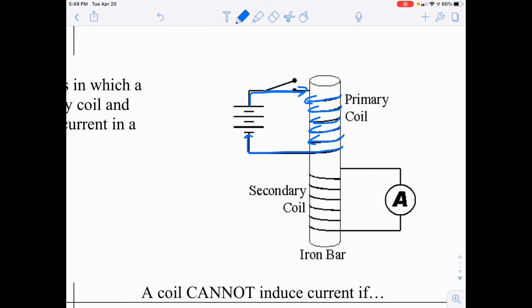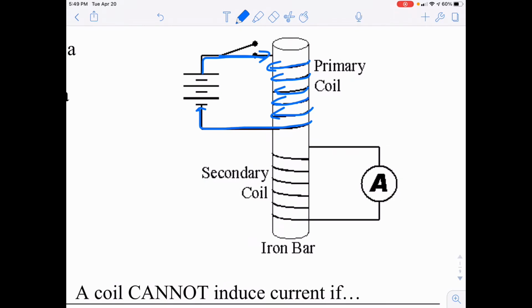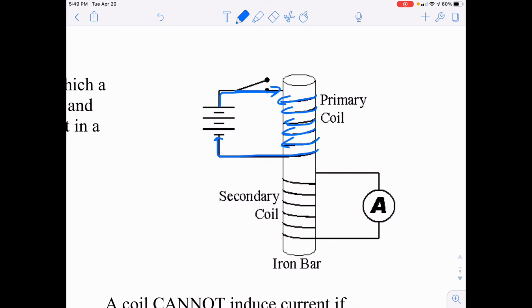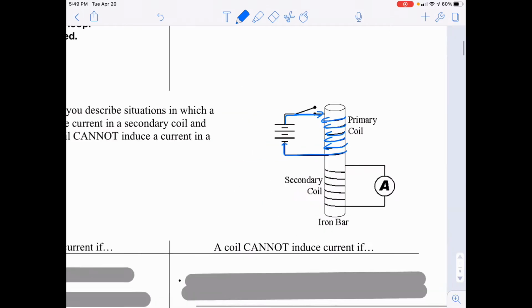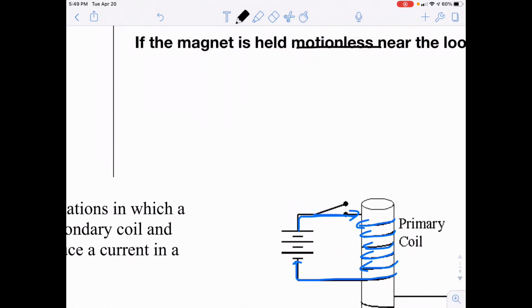And you have this secondary coil, which is going to receive the magnetic field coming from this. Now, one of the things we talked about in our last unit on magnetic forces and using right-hand rule, we talked about a concept of a solenoid. So let me remind you, because this essentially is a solenoid. A coil is a solenoid. And so when you have a solenoid,